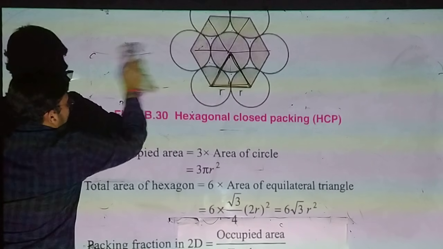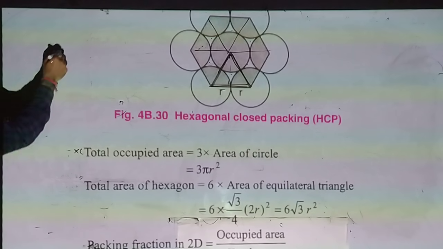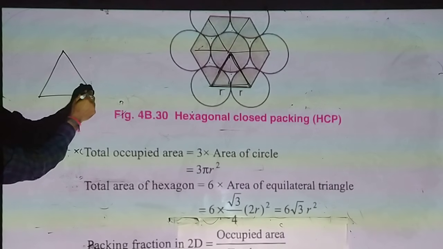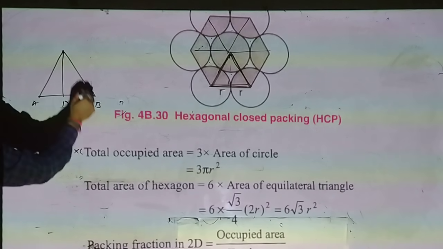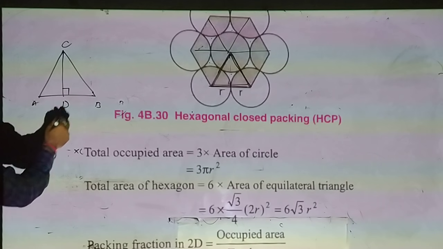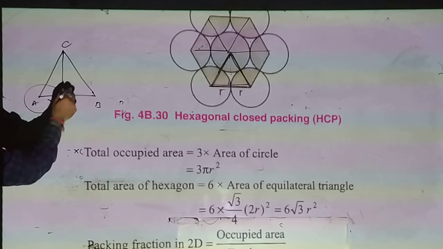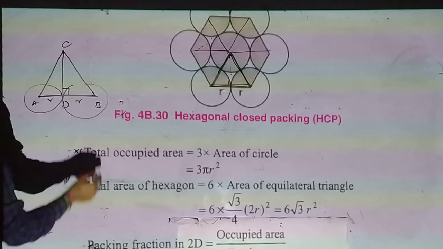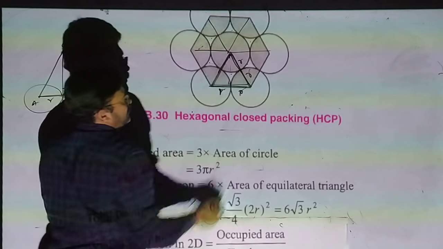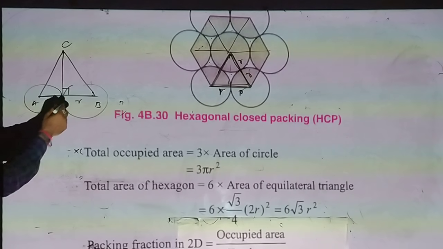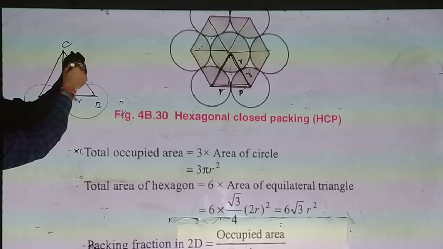Equilateral triangle, we have to define the area. I am taking this one triangle, 1 of the 6. Once again, this is D, A, B, C. These are 90. Where they touch, AB will be 2R, R plus R. These are also 2 times r. 1 times r, 2 times r.